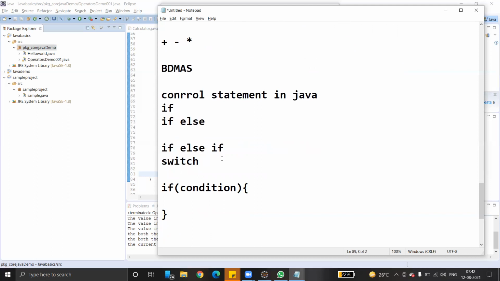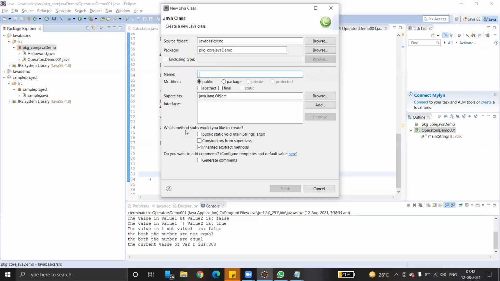Then here, this is a condition, right? If the condition is true, this is a body. Just assume this is the body of if. That means also called a set of statements. Our code will be there. Our statements will be there. If the condition is true, this set of statements gets executed. Else, it simply ignores it and comes out of the if condition. Okay. So I'm just going to write a very simple program here.